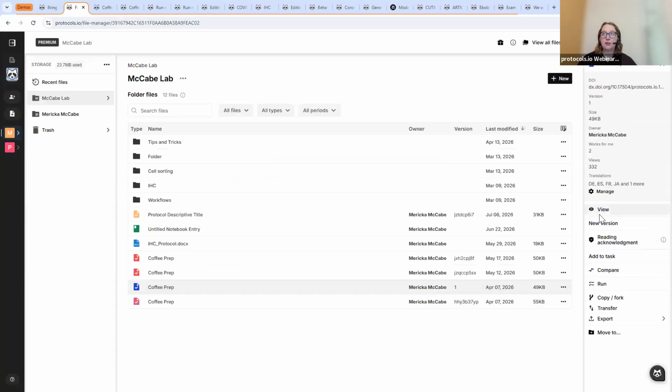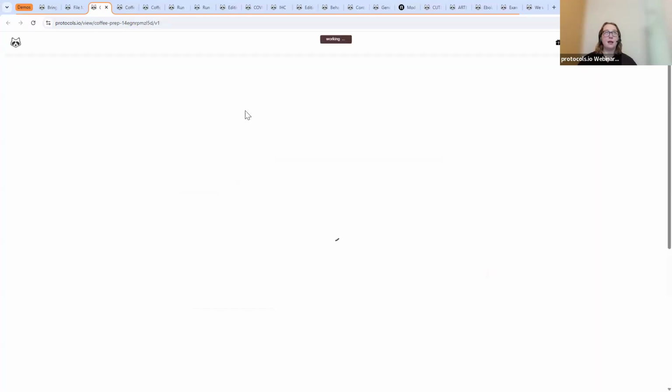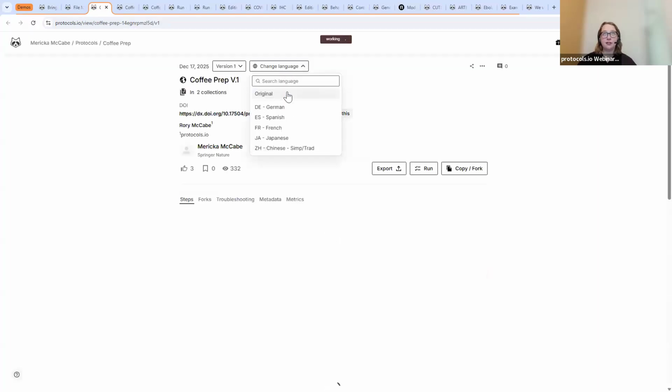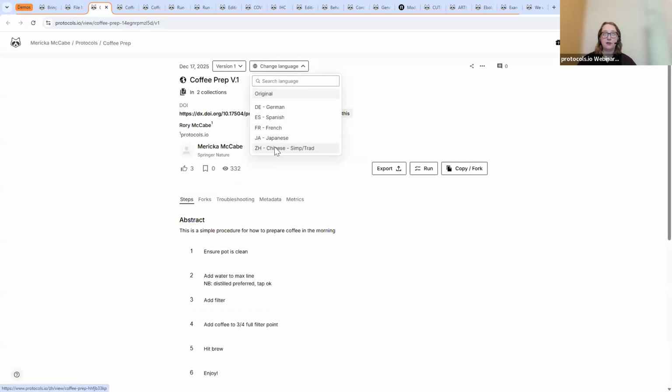And then when a protocol is completely public, as I mentioned previously, it will now be translated into English and 5 other languages for anyone to view. That protocol will now appear as a public protocol, and people can export the protocol, run the protocol, or make a fork of the protocol. You're able to see how many people said the protocol works for them. So once someone runs the protocol, if it worked for them, they can give it a thumbs up. People can bookmark the protocol to save it for themselves for later,